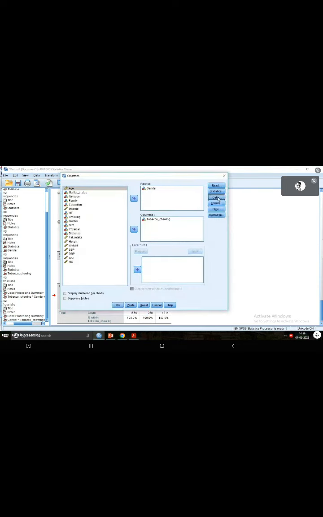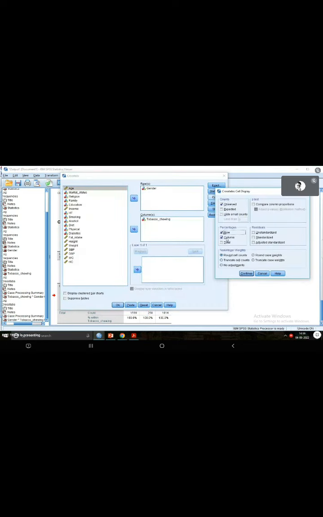Here, earlier I selected column, now I'll select row. Remember, earlier the answer was 16.2%, right? Now if you see here, 16.2% is here. So it means there are a total of 914 males. Out of them, 16.2% said yes for tobacco chewing. That's the only difference. So it all depends on how you select the percentage, either column percentage or row percentage.